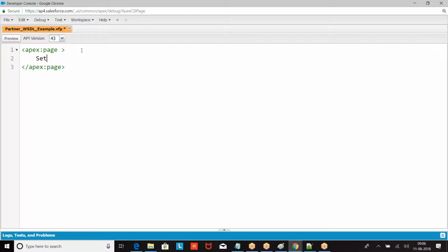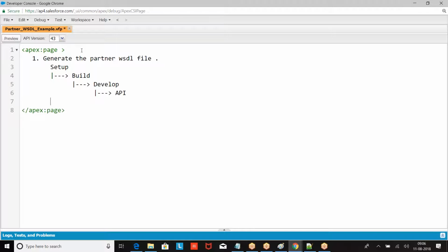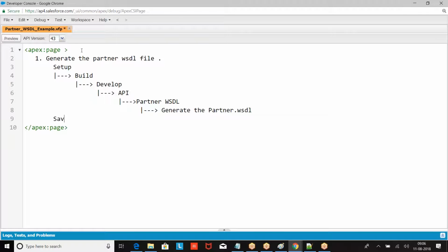Have you followed: Setup, generate the partner, setup, build, develop, API, partner visual file, generate, partner visual file, save as